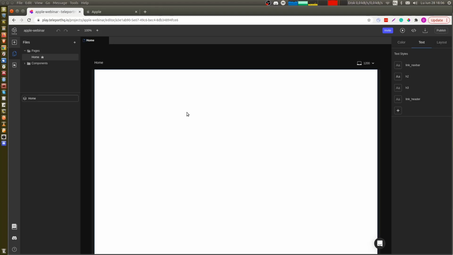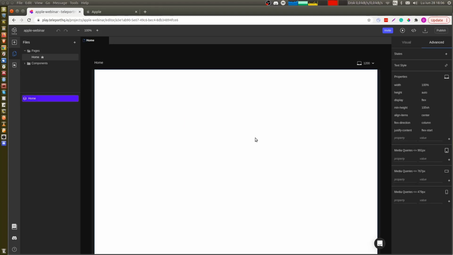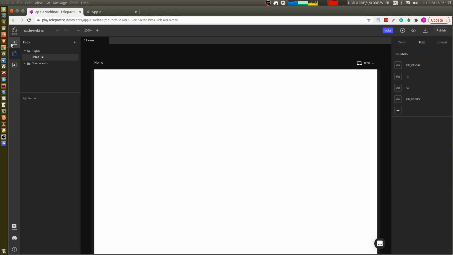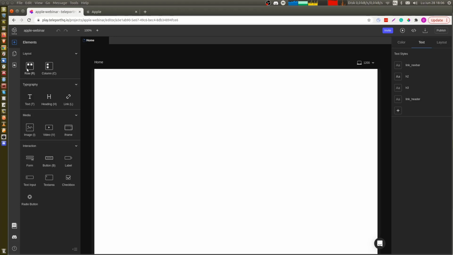In the center, in the middle, we have the canvas. This is where we will put our design. On the right, we have the different building blocks where we can drag and drop them, put some text, heading. I will mostly use the keyboard shortcut, and normally I shall have